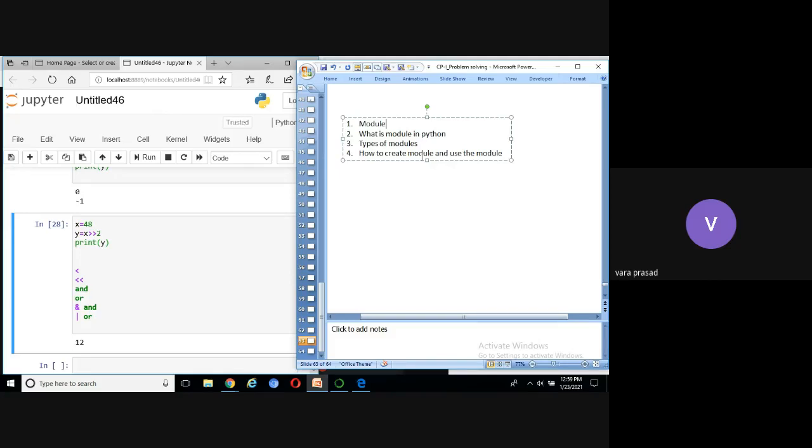Like that, there are 2 types of modules: system-defined or built-in, and user-defined. A system-defined module is already created by the system, so we can use the module inside the program.